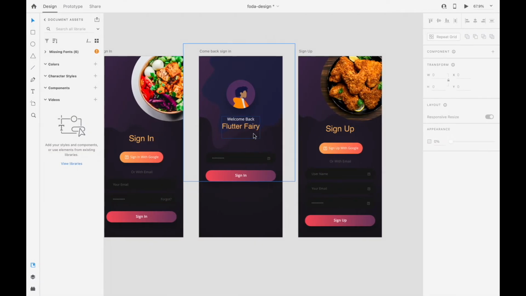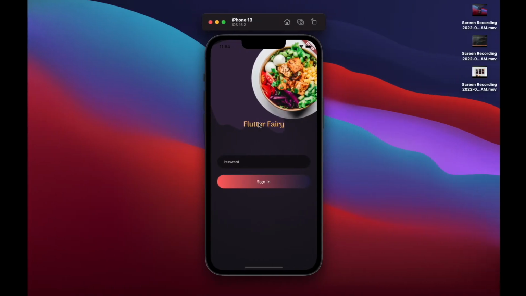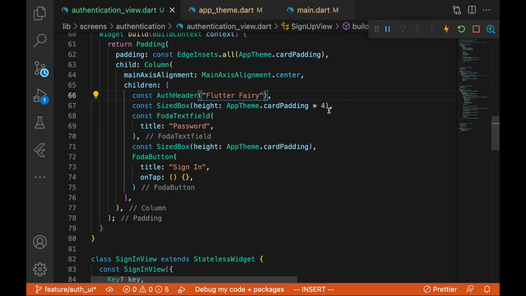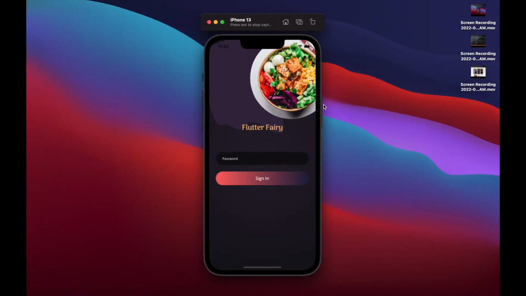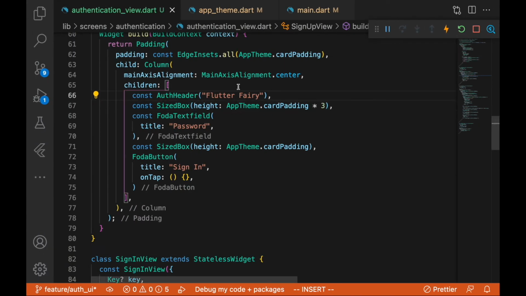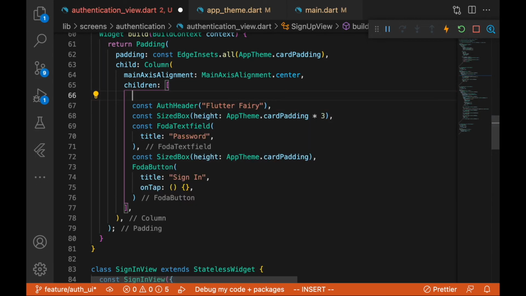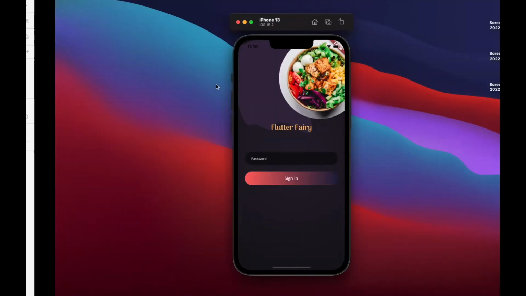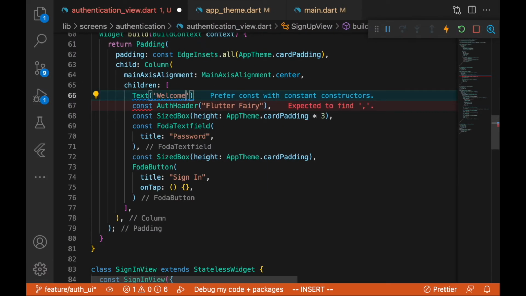Okay, so the next thing we are going to do is for us to create the welcome back. I think this went quite up. Let's reduce it to 3. I think this is okay. So the next thing we're going to do is for us to create that welcome back. So we are going to create it, welcome back,